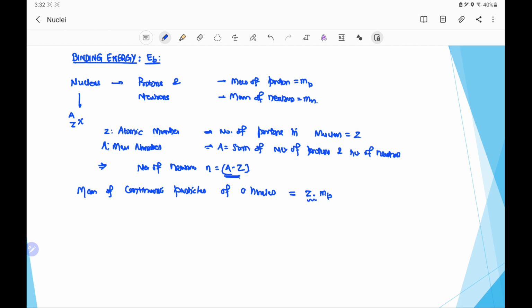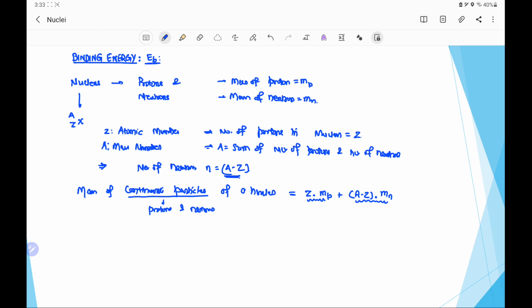So total mass of the protons will be Z into mp, plus total number of the neutrons are A minus Z and mass of one neutron is mn. Therefore, A minus Z into mn, this will give the total mass of the neutrons in the nucleus. Therefore, total mass of the constituent particles, that means protons and neutrons, is Z into mp plus A minus Z